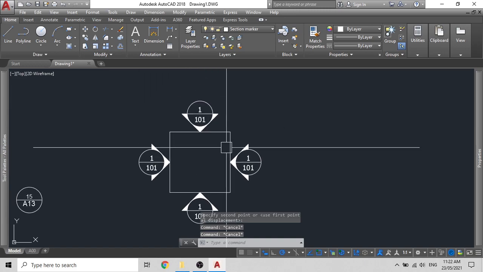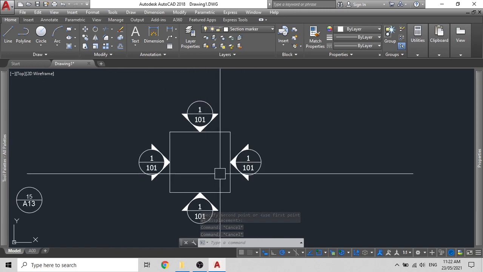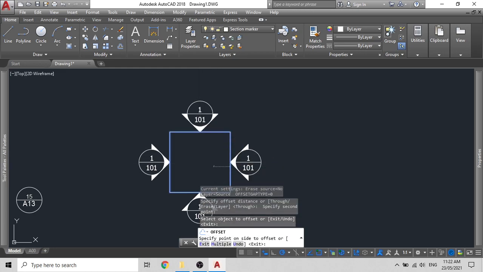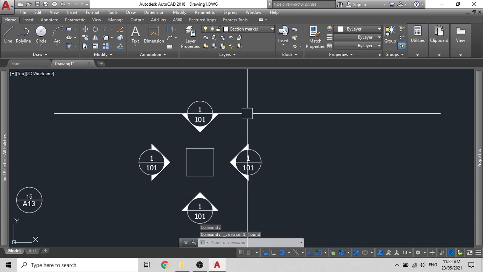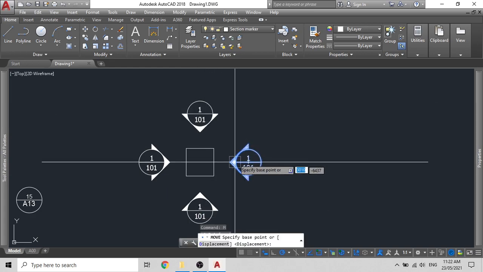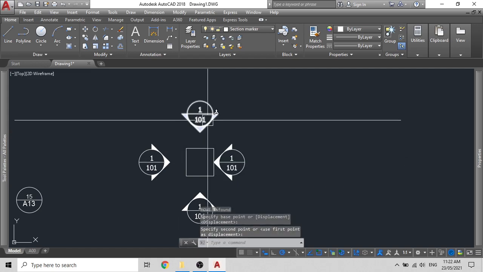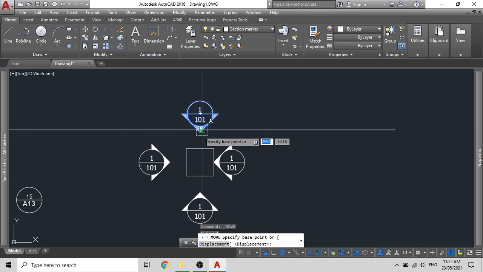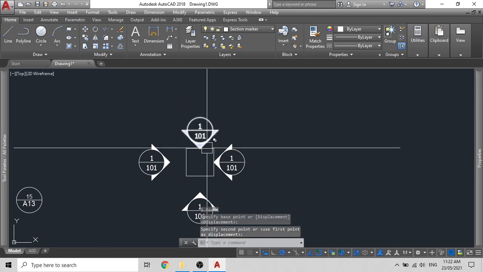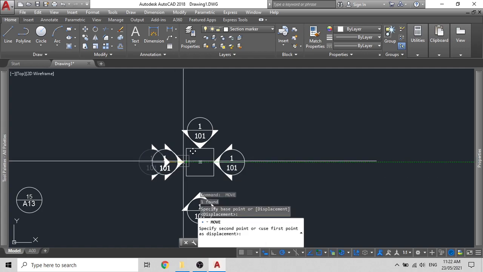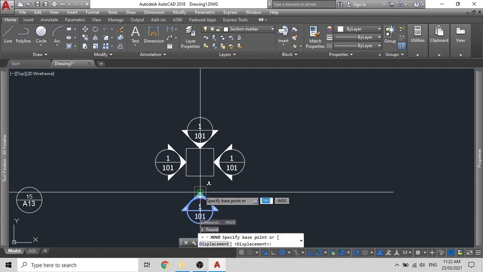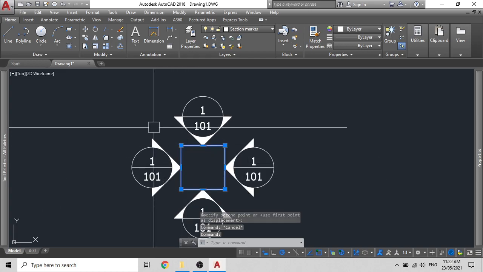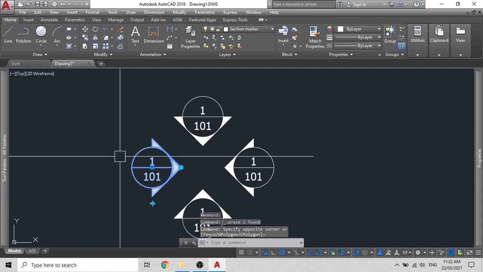Now, if you are finding that this is too huge and it's going out too big of a distance for you, you can offset it to bring it closer. Delete this line and just move these guys closer, one by one. And then you can delete this rectangle. So now we will edit this.